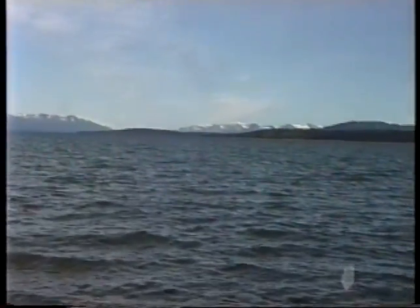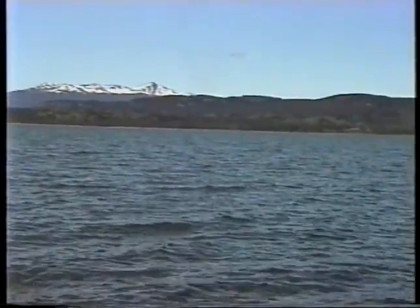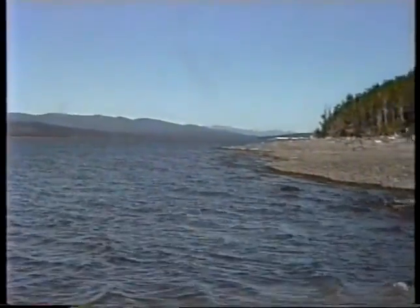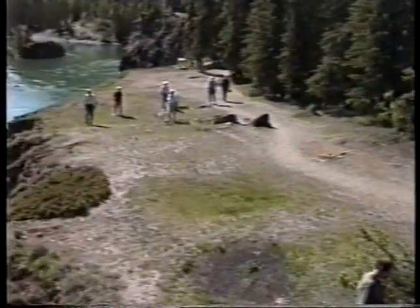This is Marsh Lake on the way to Whitehorse. 20 miles long. Beautiful, nice lake. It's the north end of Marsh Lake. A lot of the people from Whitehorse have their summer cabins along here. We're just about in Whitehorse,